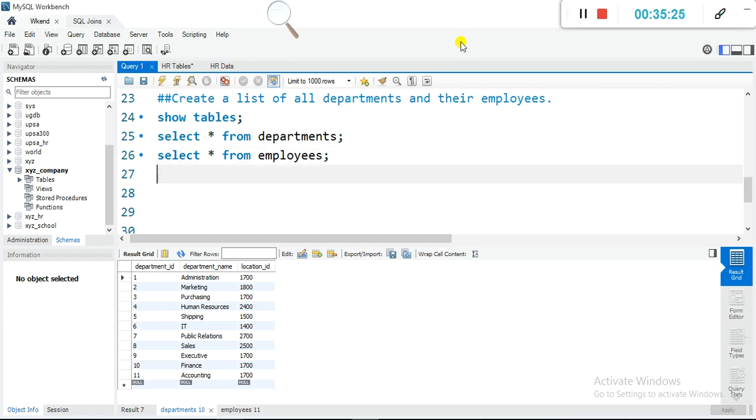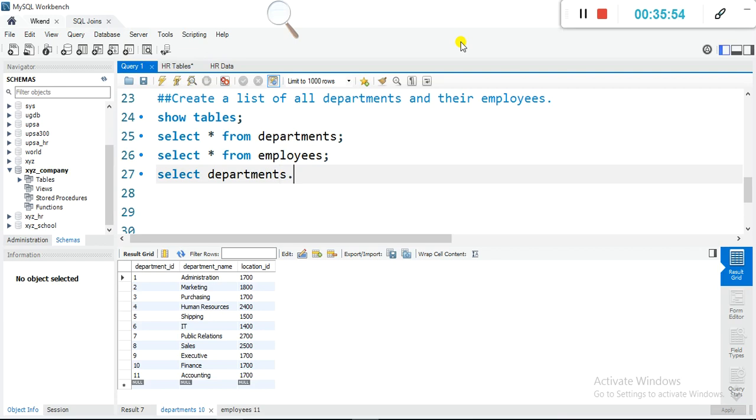All right, so now that we understand the tables, let's create the join between the tables such that we will list all departments and their employees. So we are going to select departments. Yeah, so we'll be selecting department name. So that will be what department,